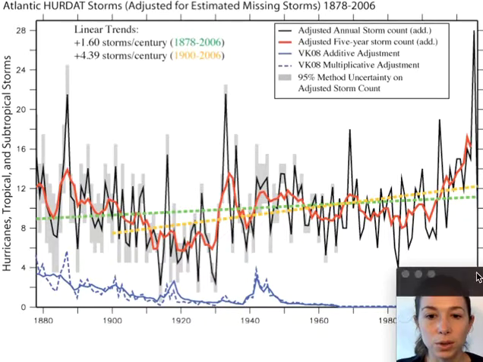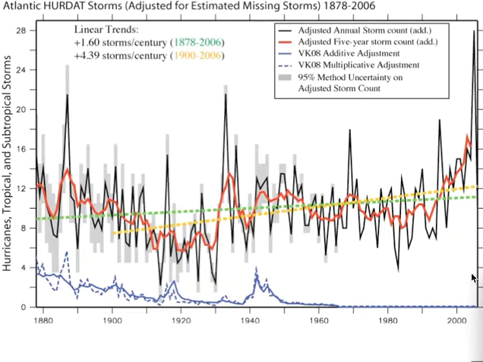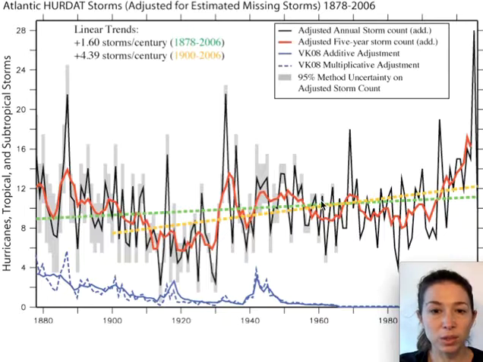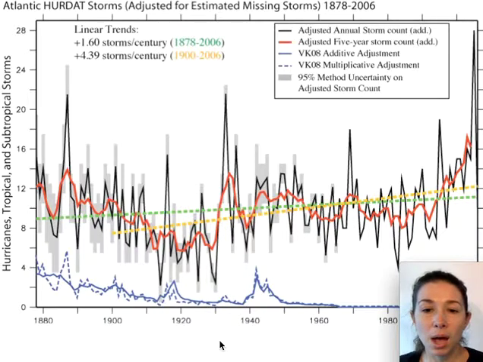Let me show you the time scale momentarily. So we're looking at up to about 2005 here. Around 2005 we really saw a large peak, but we do see, if we look at the 5-year average in this red line here, that over time the average storm count is increasing. And if we look at the linear trend, the running average, there is some increase, but we might not have progressed far enough